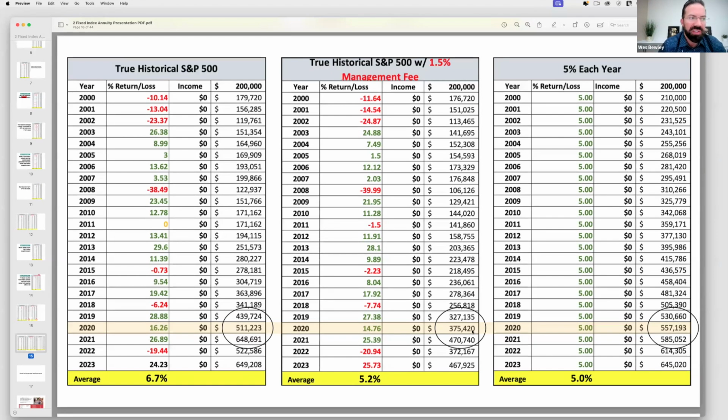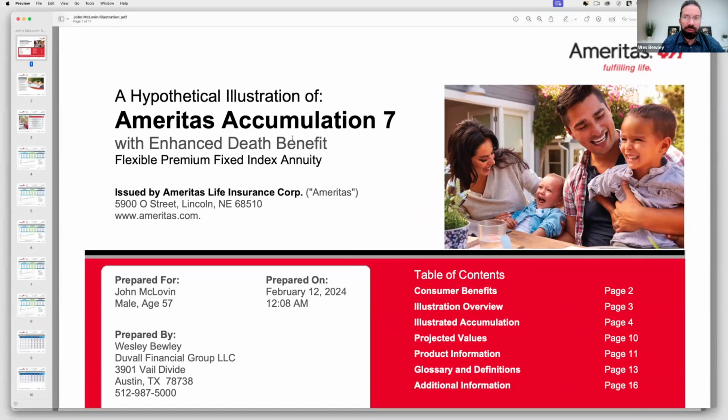So now let me show you, since we're on the same page here, what the markets do. They don't average 12%. They don't average 15% or 8%. I'm showing you right here, it's 6.7% if you're managing it. But if you're paying someone else, it's 5.2%. And after 23 years, your money's worth roughly 468,000. I would recommend that you get off the roller coaster.